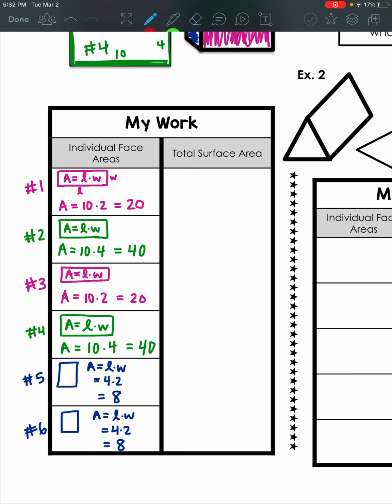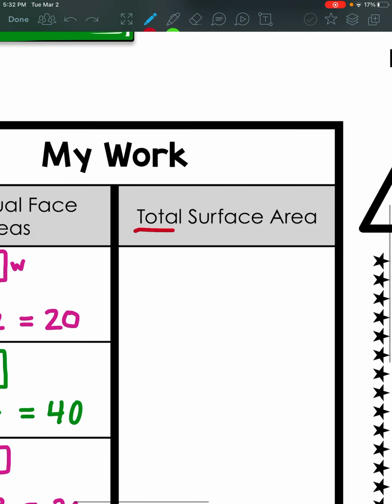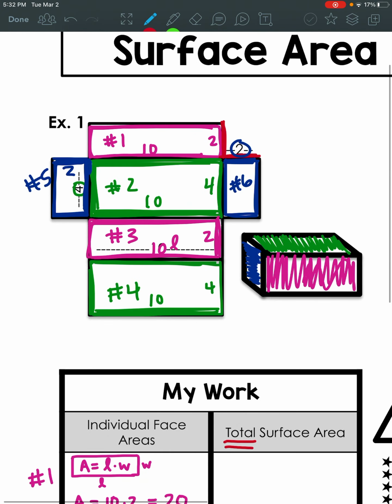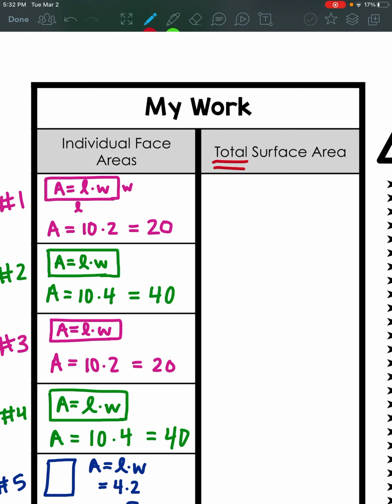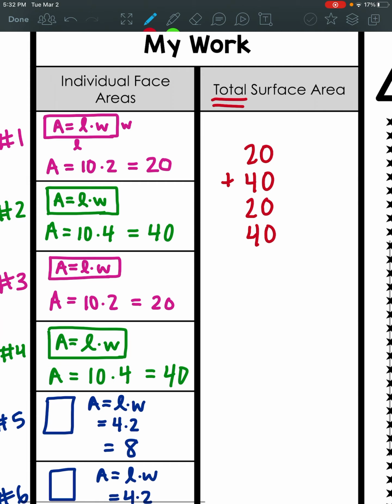So the last step here, we want to find the total surface area. So that means we want to find the area of all 6 of those combined. So we're going to take all of those surface areas, so 20, and then we did 40, then we had 20 again because it was identical, and 40 because it was identical to the other one, and then 8 and 8. So we're going to add all of those up. So 8, 16, I'm going to carry my 1, 3, 7, 9, 13, so we get